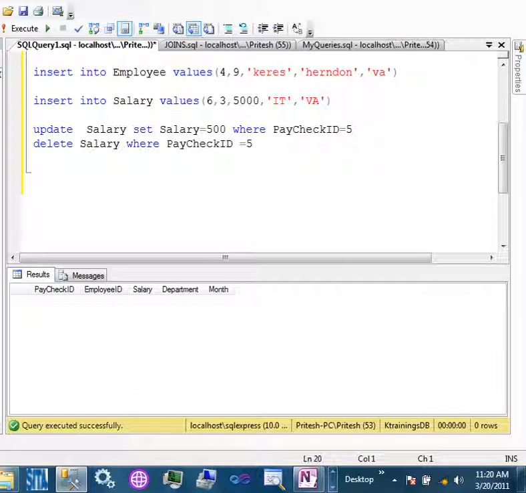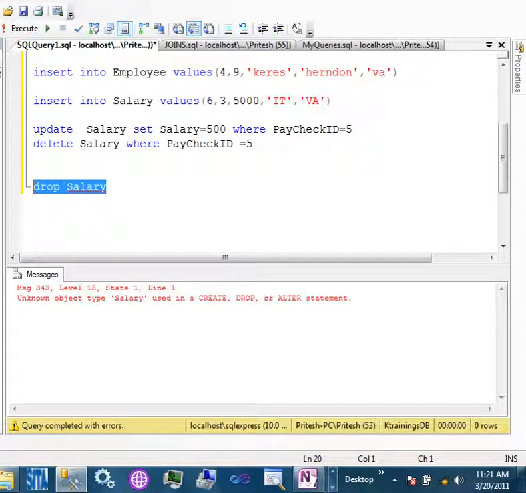So let's see how it works. Drop salary. You see now, if I do drop, unable. What happened here? Oh, it has all the data, so you cannot drop it. Unknown type salary.